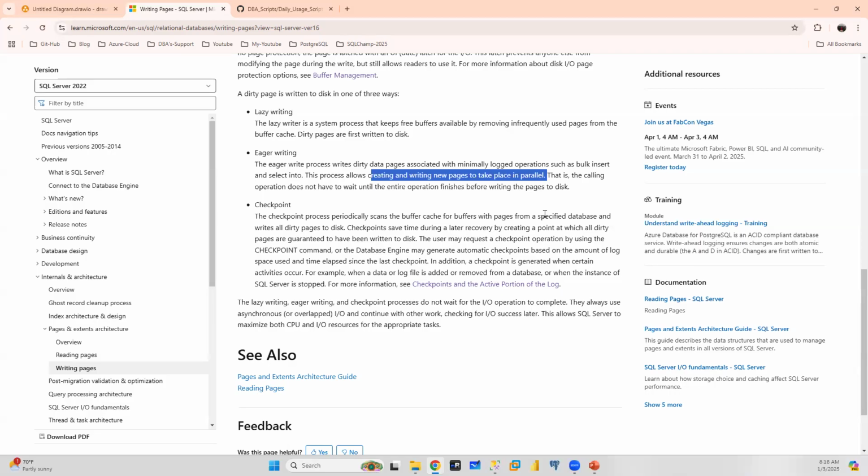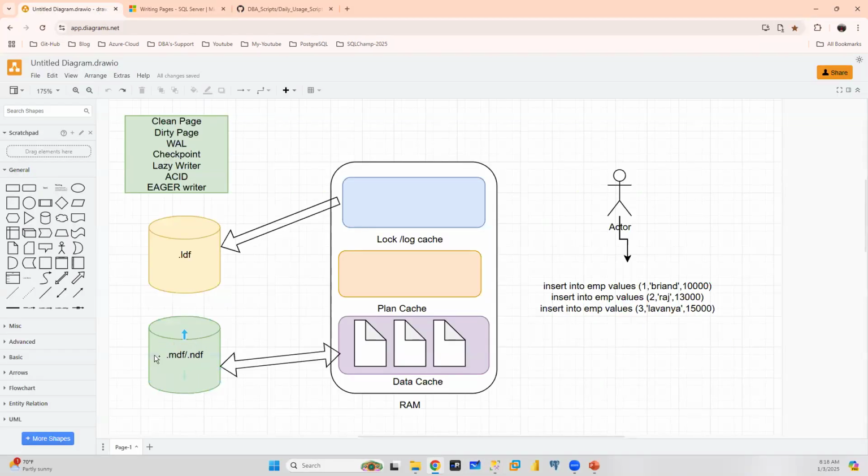Bulk means massive transactions, sir. The eager writer helps improve performance by creating pages in the MDF file. See where it is writing, so don't get confused. Your pages are created in the MDF file and written in the cache, right? So creating, copying, writing,